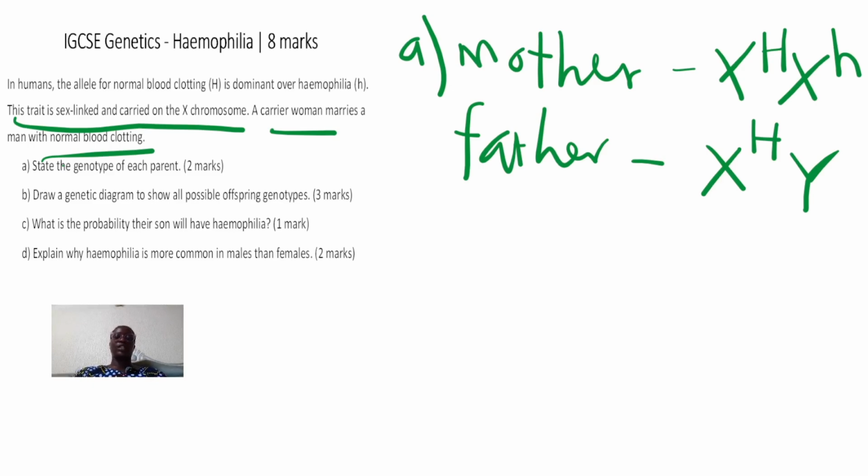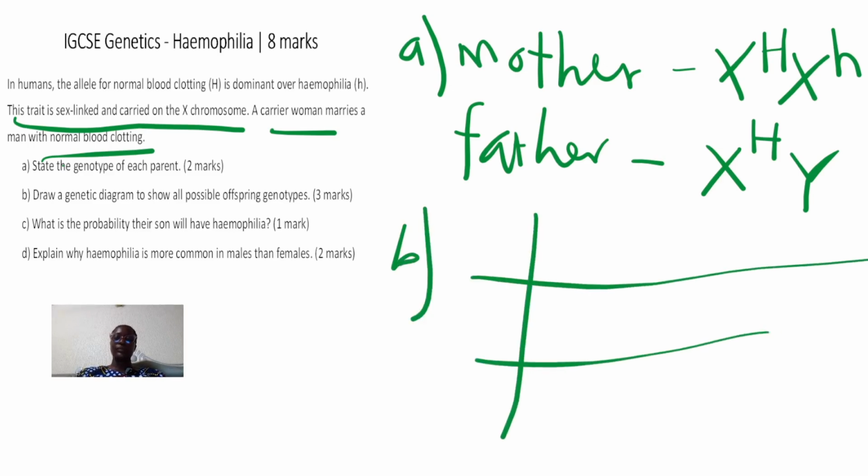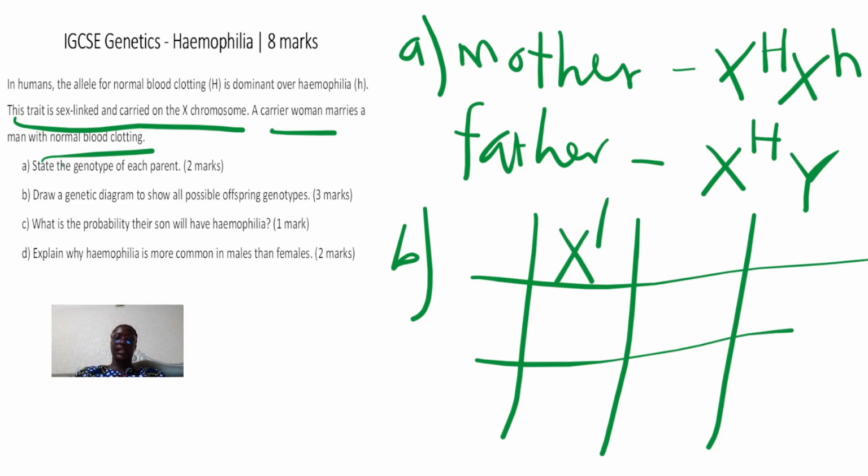Part B, we are to draw a genetic diagram to show all possible offspring genotypes. For this, we can use a simple Punnett square. Write out the genotype of the mother, X capital H, X small h, and those of the father, X capital H and Y. When we cross, we'll have the first offspring as 2 normal alleles,